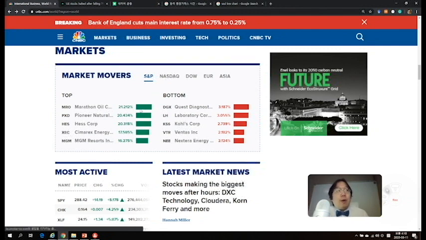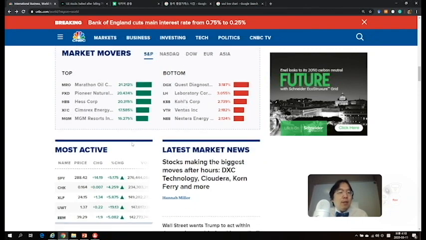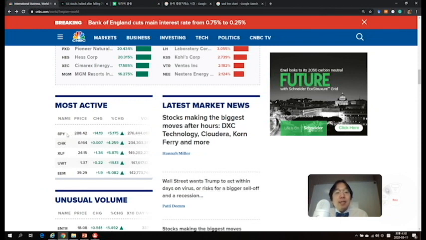So 500, that's a big number, but how many different stocks do you have in the United States? About 6,000 to 7,000, depending on the time period. So in terms of the number of companies, it's like the top 10%. You can think about it that way. And most active stocks are shown over here. What are the securities most frequently traded over the last day? And here you see number 1 is SPY.